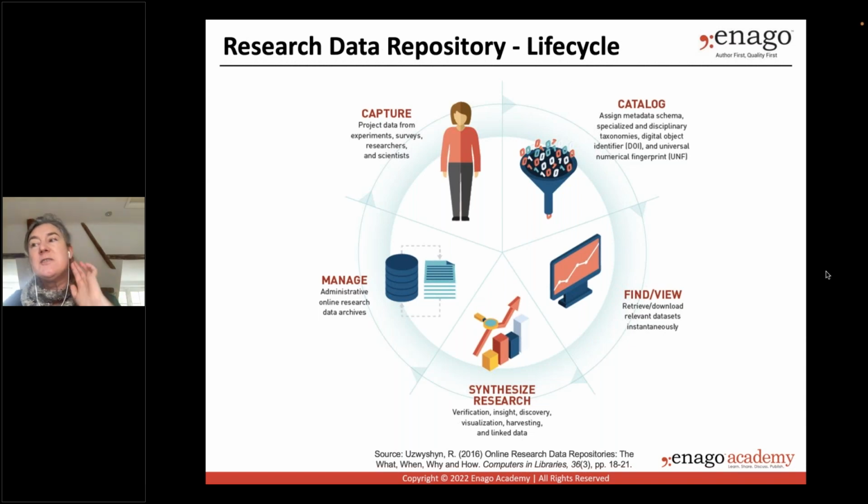Then repositories will typically allow instant searching and viewing and retrievability and downloading of data. And as they progress, repositories are increasingly allowing synthesis of data sets and data fields to facilitate insight, discovery, and